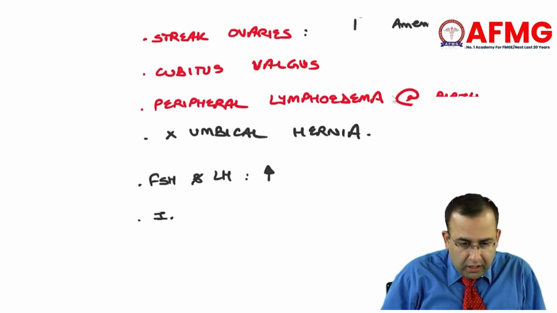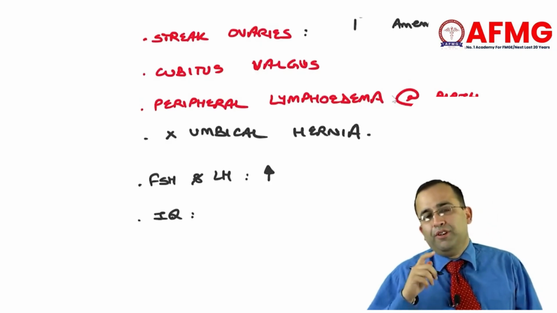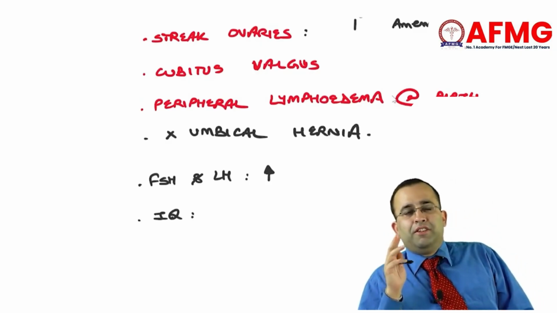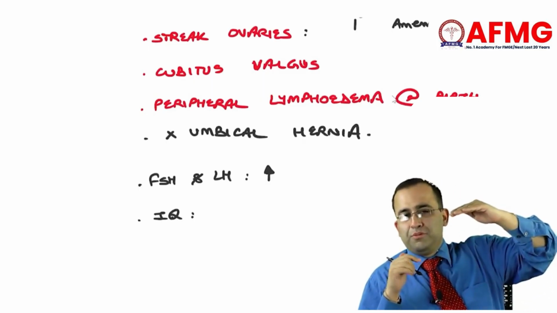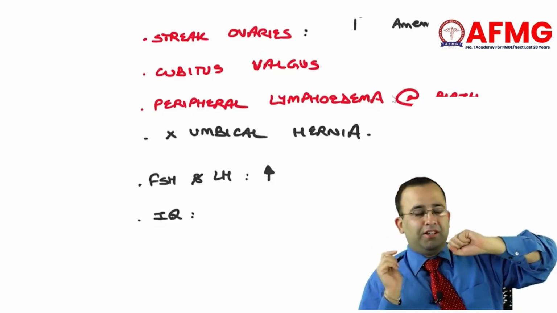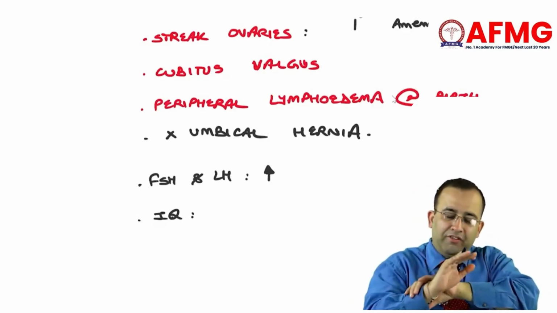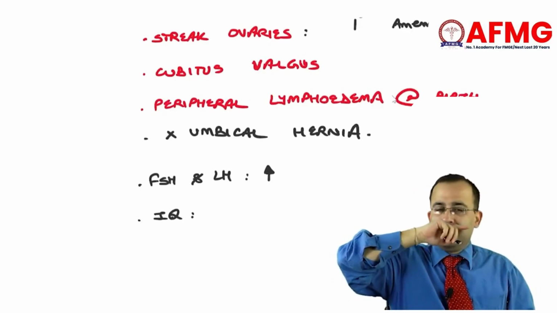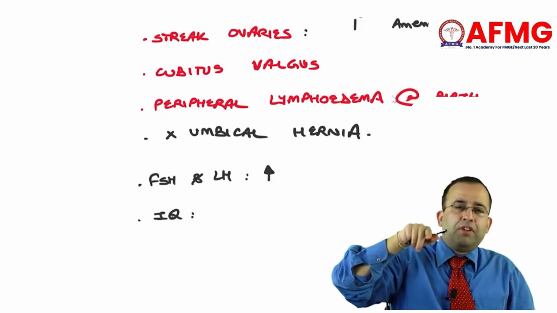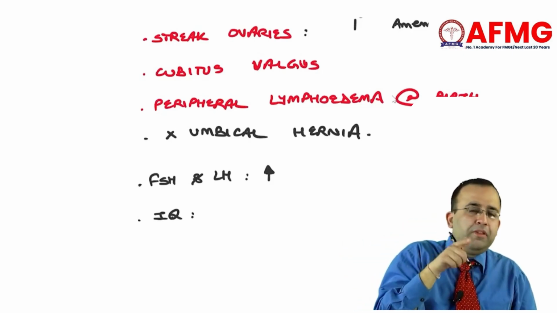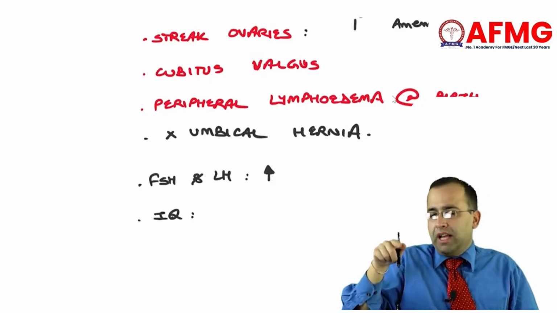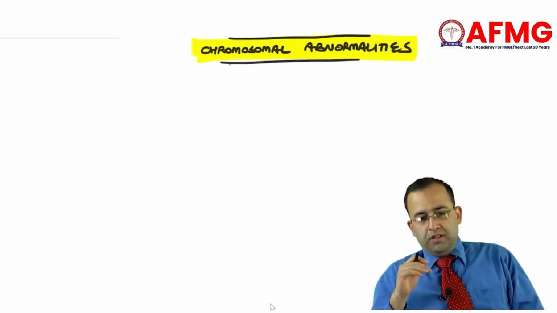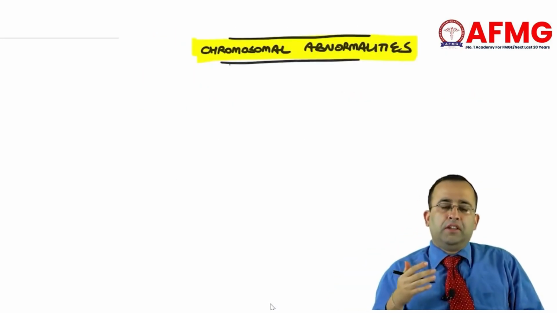And lastly, IQ. Low, normal, high. Look guys, you know this. The more the number of X chromosomes, the lower the IQ. Girls, don't beat me on this. Normal female is XX, male is XY. Male had XY, if it became XXY,